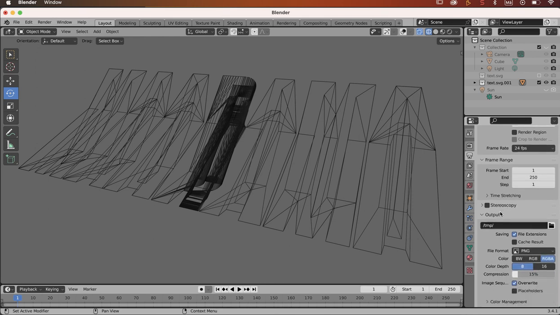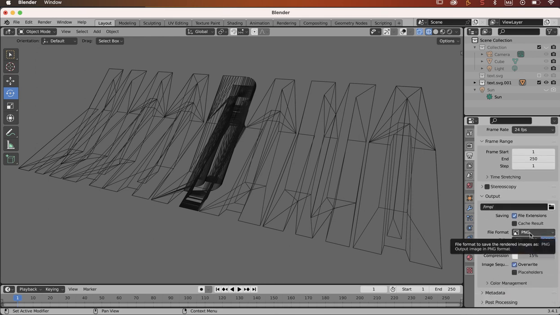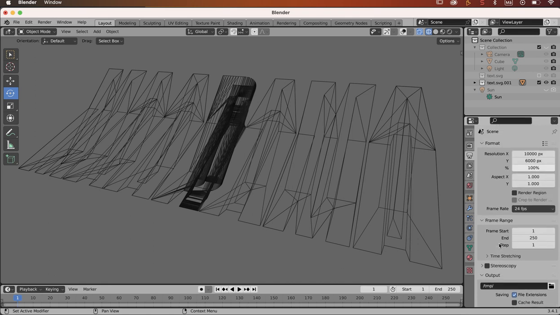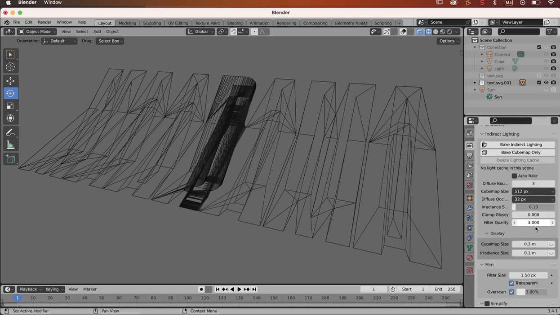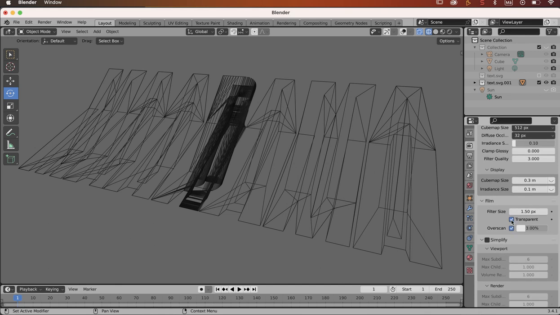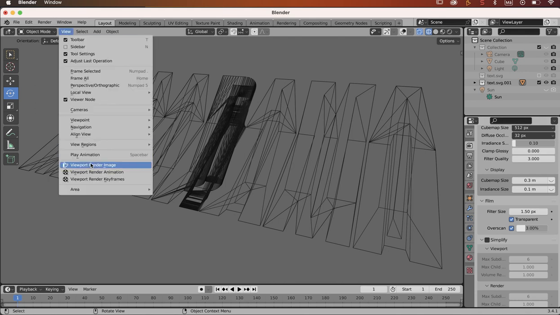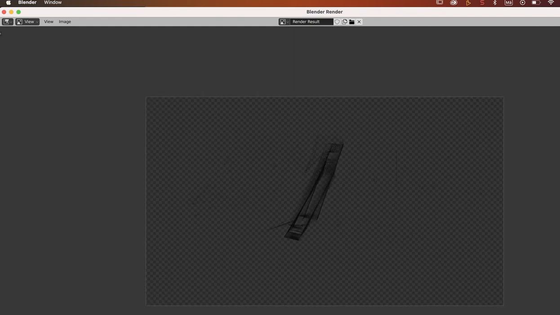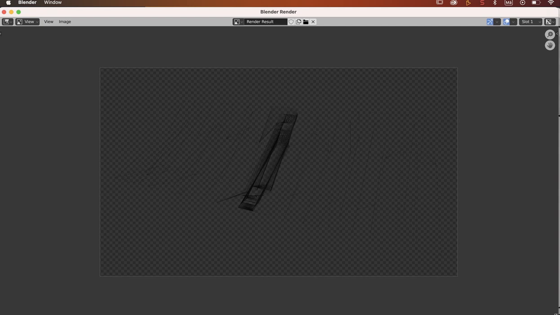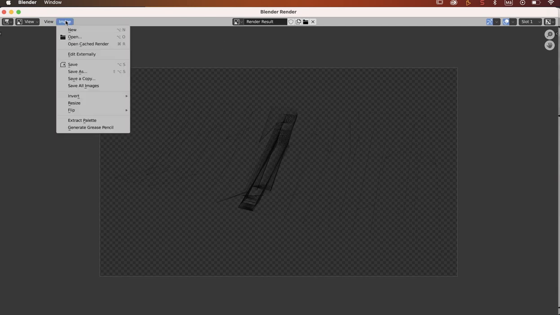There'll be an option here where it talks about it being a PNG, RGBA, overwrite, and if I come back here under the render one, you will see that I will have an option here that talks about transparent. Usually that's off, so I'll make sure that's switched on, which now means that I can go to view, down here to viewport render, brings up a new window with a magnifying glass. I'll just move down just simply to make sure it's all on the page. It's pretty good, and then I can go image,